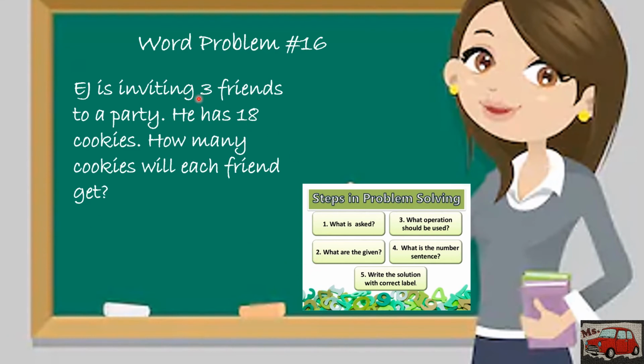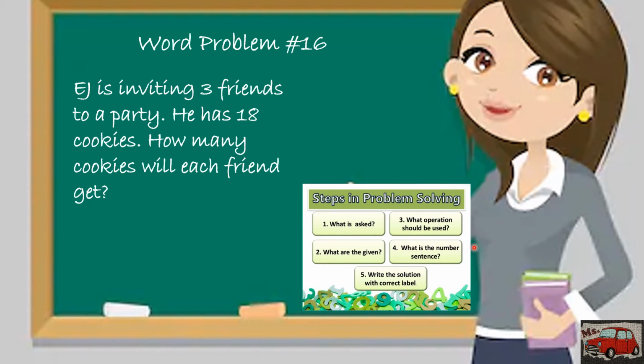So we have 3 friends and 18 cookies. Third, what operation should be used? So since ang keyword natin dyan is each friend, so bawat isa, so ibig sabihin, ang operation na gagamitin natin is division. Kasi hahatiin natin sa tatlong